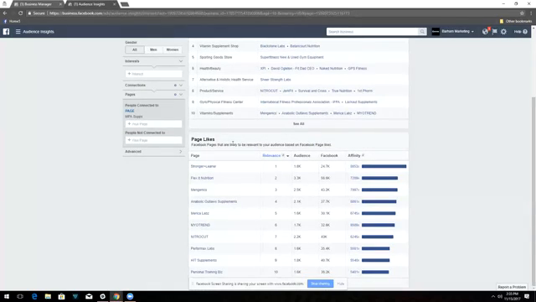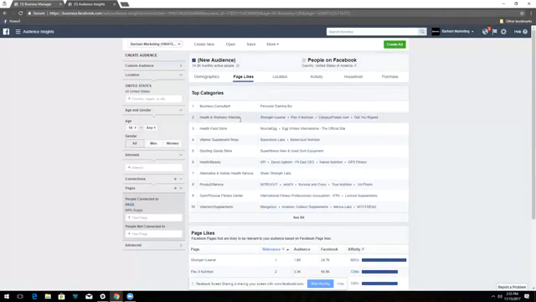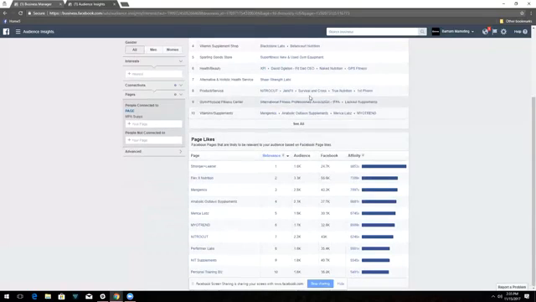Then, down here, page likes again. So these are kind of like the top categories, but a lot of them are like companies and other stuff. But then down here, you have the page likes. So relevance, audience size on Facebook, and the affinity. So affinity is good if, one second. So basically, affinity is going to be the likelihood of them also liking your page, or people on your page